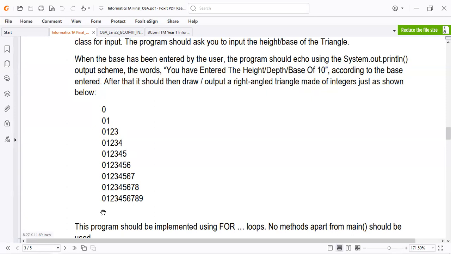So every pattern, this is a secret, should have a nested for loop, at least 2 for loops. The one which caters for the rows and the one which caters for the columns. Rows and columns.